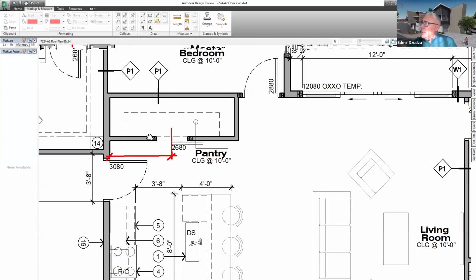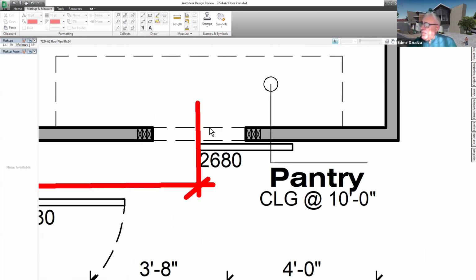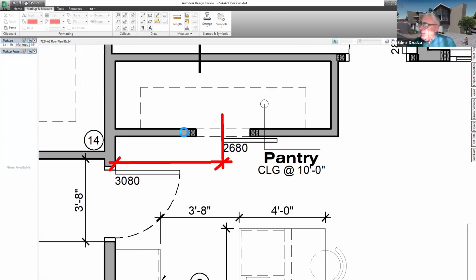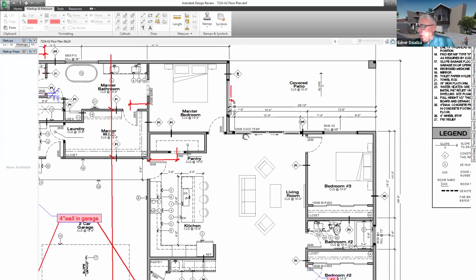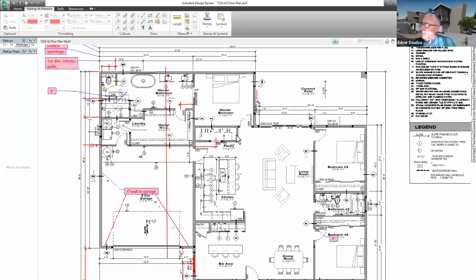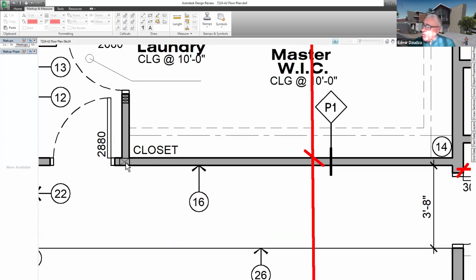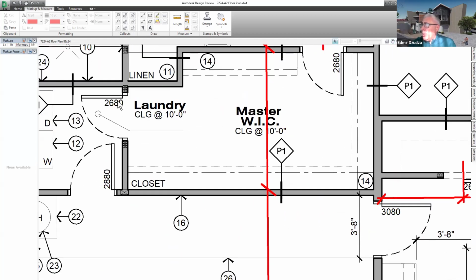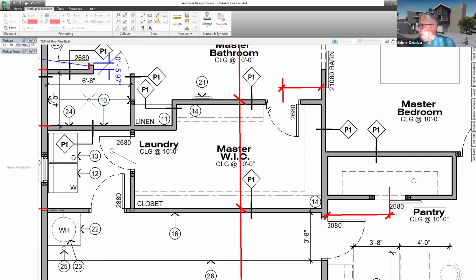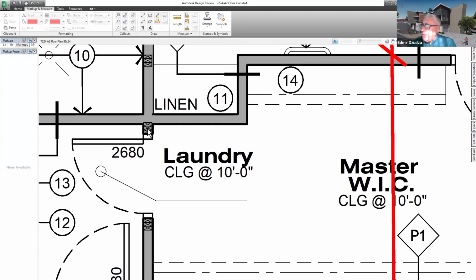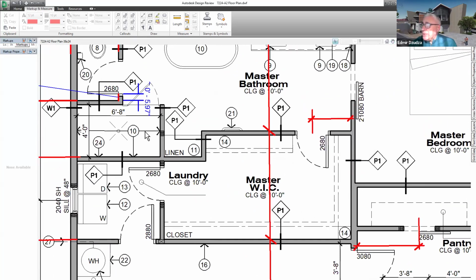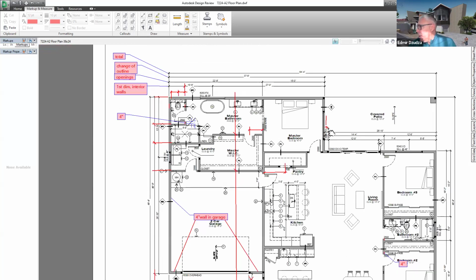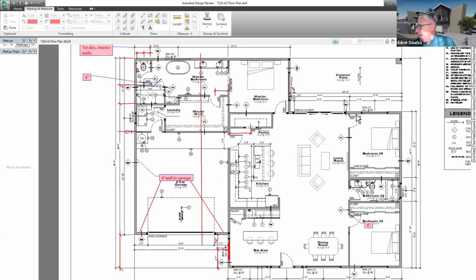Also, we don't need these studs shown on the plan on the interior unless it is a bearing wall. And I don't think we came to that level where we are showing which walls are bearing, so we never show it. You see, we don't have it here, so why do we have it here? That tells me there's some important structure, but I don't think so. So this has to be cleaned up